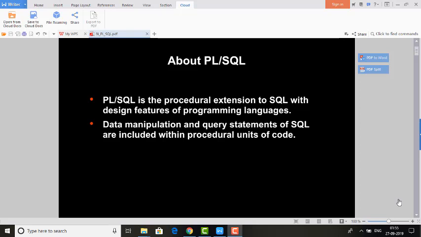It is like we all know SQL. SQL is structured query language which we run to fetch the data from the database. Now, these SQL statements can be run on the database server through some connection object, but